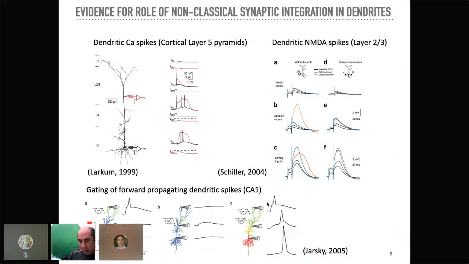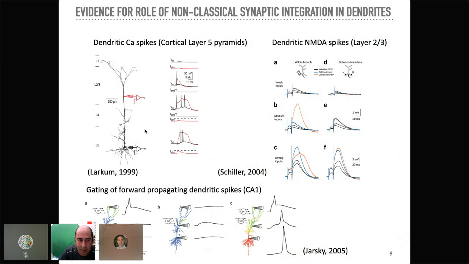So a dendritic spike can propagate to the soma and generate a spike. If you were just to record in vivo this voltage in the soma, the membrane potential in the soma, and see a spike, you could just think that there was more excitation than inhibition. But in effect, what happened was that there was some local spike in the dendrite that was propagated into the soma, and this is what made this spike. So there could be many other mechanisms going on in the dendrite that contribute to the generation of a spike.